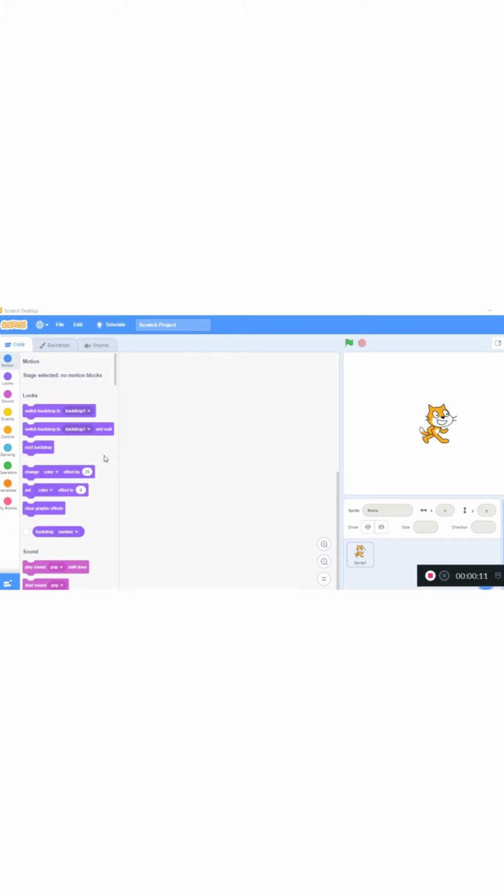What are blocks? Blocks are puzzle piece shapes that are used to create code in Scratch.